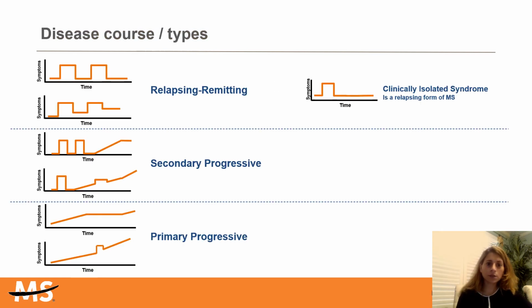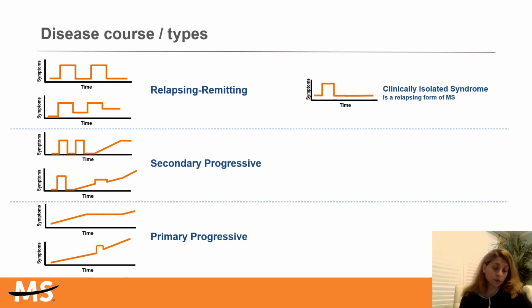Now, as you can see here, there are different types of multiple sclerosis. The most common form, in about 85% of patients, is the relapsing remitting form, where people experience a relapse characterized by full recovery or sometimes residual deficits in between relapses. And then comes the secondary progressive form, where if people with relapsing remitting forms are left untreated for a long time, they may develop the secondary progressive form, where they have continued worsening with progression of disease, with occasional relapses and minor remissions and plateaus in between.